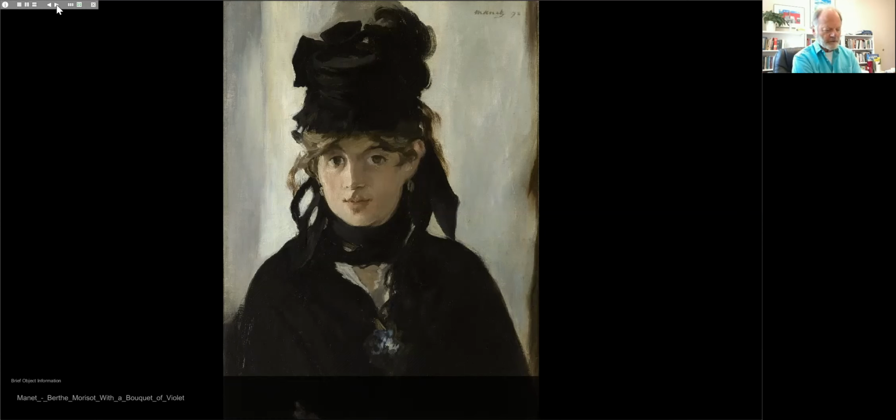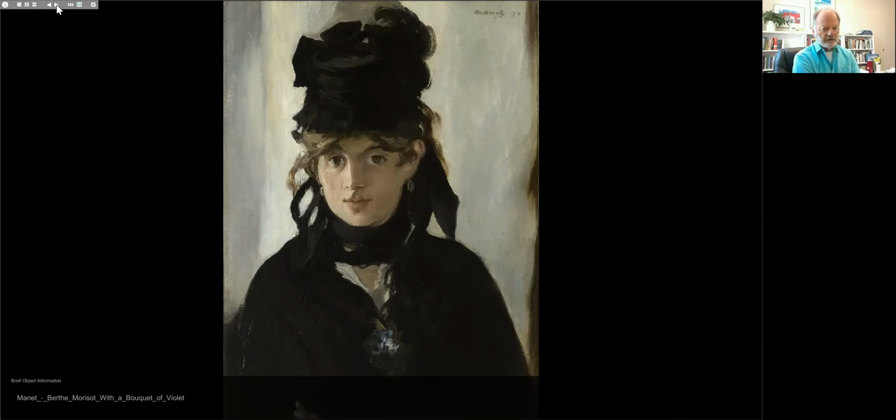Berthe and her sister both took private drawing lessons, and their drawing instructor introduced them to the Louvre. And so, like Mary Cassatt, Berthe Morisot went there often. She could not work there without a chaperone, and she could not enter the École des Beaux-Arts, the government-sponsored school. But as a copyist at the Louvre, Morisot met other artists, including Corot, who introduced her to plein air sketching and painting, and also to Manet.